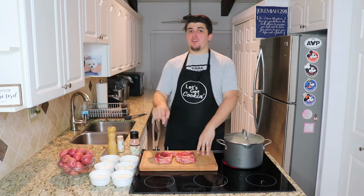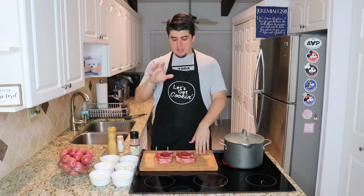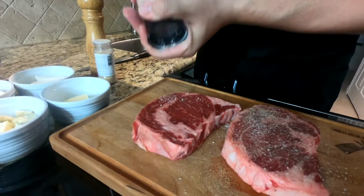One key thing to remember when you're cooking steak, either on the cast iron or on the grill, is to make sure that you're not cooking a cold steak right out of the fridge. You wanna let it sit, let it come to room temperature, and that's gonna help keep all the moisture inside the steak. Okay, so let's go ahead and put our salt,